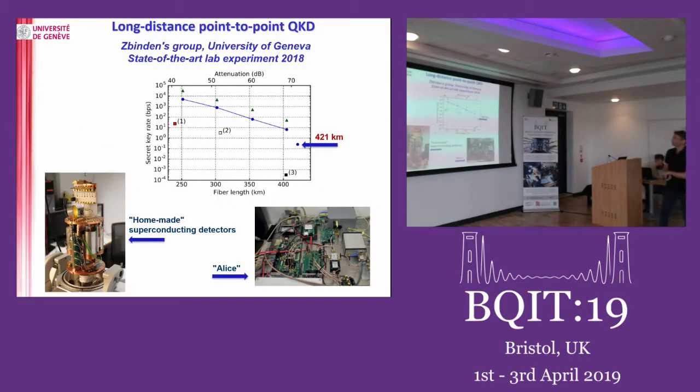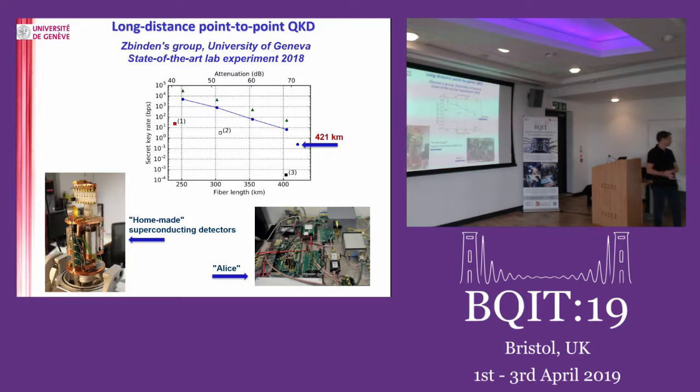And I think David already mentioned this experiment for us being in Geneva. These are my neighbors. Obviously, we want to help them out also and do long-distance quantum key distribution. This is obviously maybe the first application you can think of. And this is the state-of-the-art experiment as it is now. So they can do QKD up to 420 kilometers. You see there's an exponential decay here.